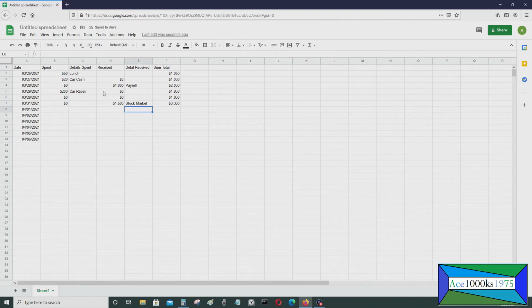Okay, so that's how you do it. You just create a simple budgeting thing right here, a spreadsheet with basically Google Spreadsheet. It's very simple. And let's see. You could make this a little more complicated if you want. You could put other stuff as well, like